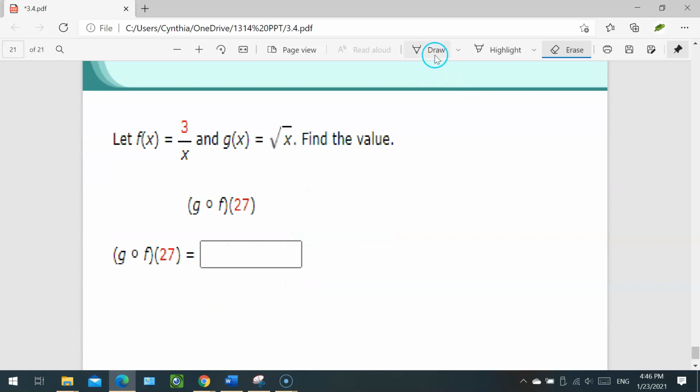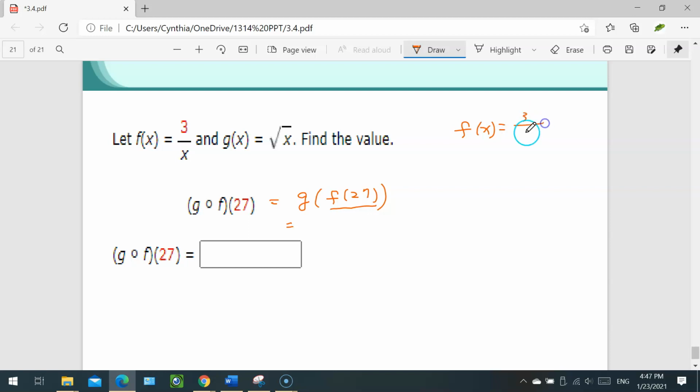Now we look at this one. f of x is 3 over x. g of x is the square root of x. Find the value of g compose f at the point 27. Again, we rewrite this composition. g outside, f of 27 inside. Now we start from the f function when x equals 27. f of x